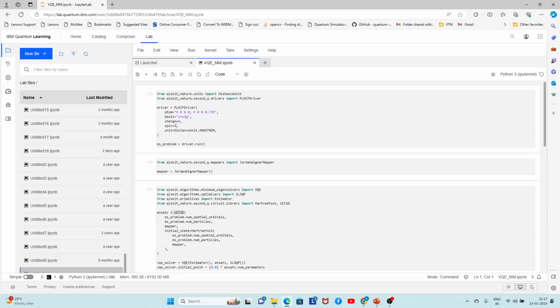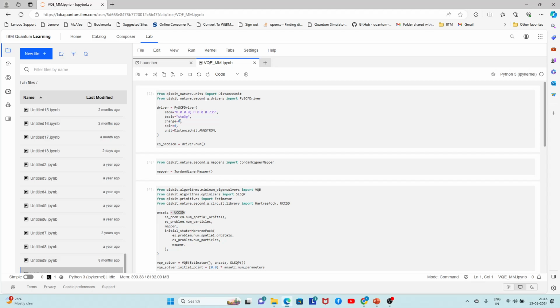Then you can also define other parameters, because the chemists may not be just interested to know the ground state energy. They would like to know how the reaction takes place. At that time they may define different values. In addition to Angstrom, it looks like you can define other units also. So now we define the